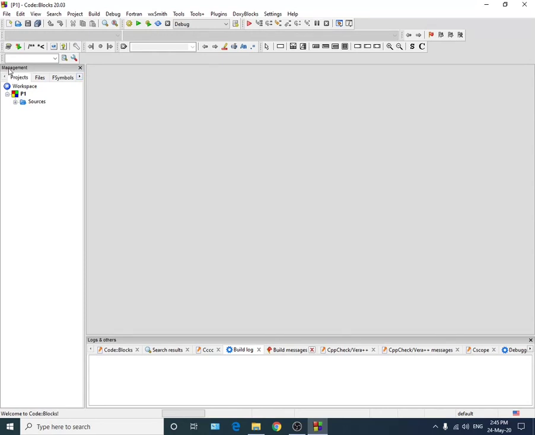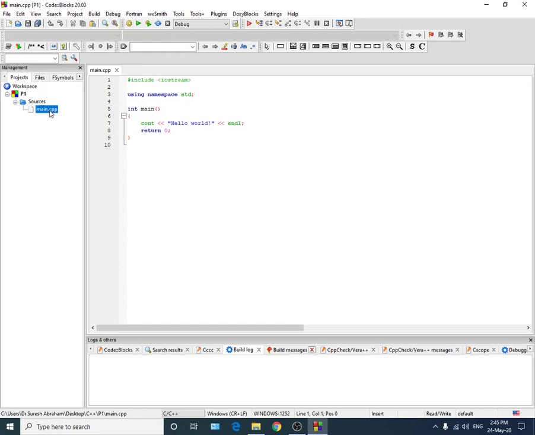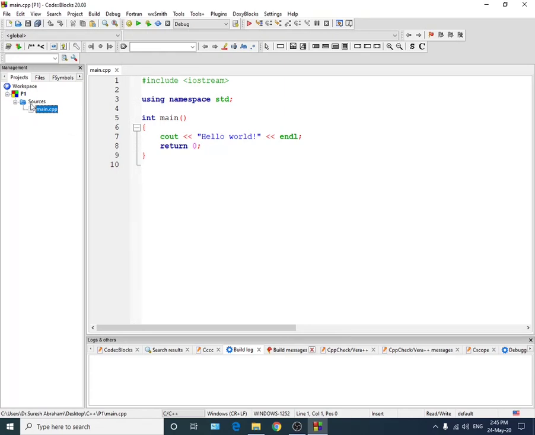This is the management projects workspace. Here we have the project P1. Now in P1 we have sources. I am clicking on this plus and you can see here the main. I double click on it, I repeat, double click on it, and the program main.cpp is visible under the project